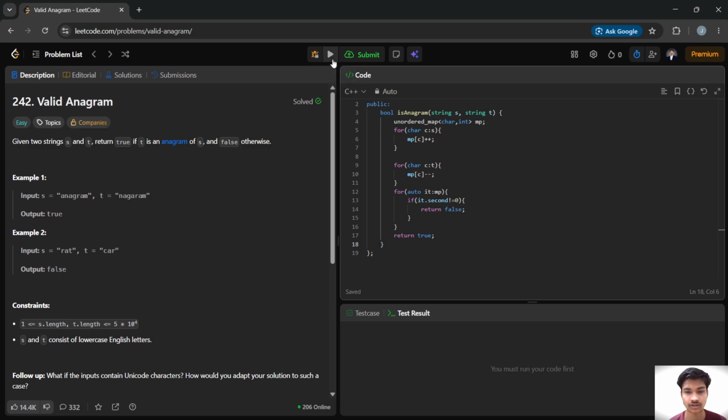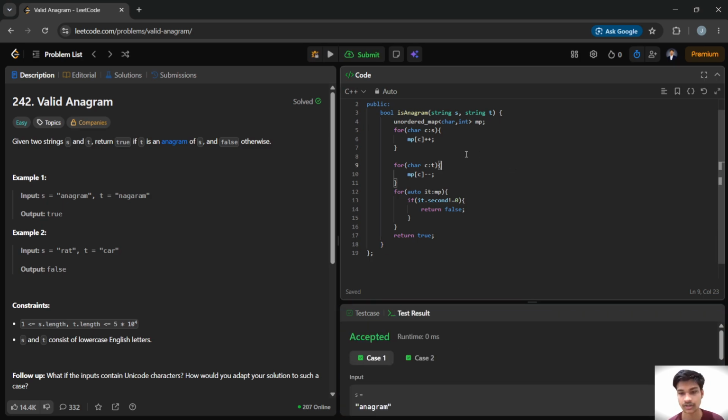And now run the code. The code is working. So think about it this way: every character added from the first string increases the count, and every matching character from the second string decreases that count.